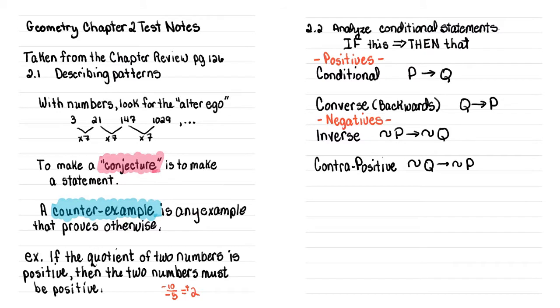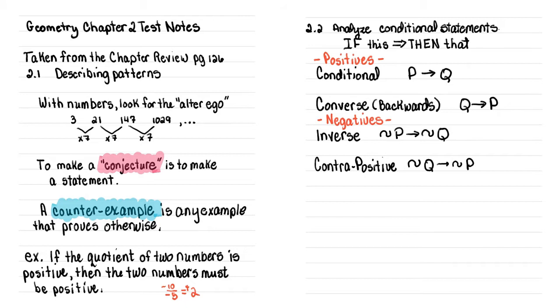We began with describing different types of patterns. With numbers, you can always look for the alter ego. What kind of ratio is it, that is, being multiplied by the same number? Or you can see if there's a common difference by going 21 take away 3 equals what? 147 take away 21. If it's a big spread, you may want to look a little bit more toward something